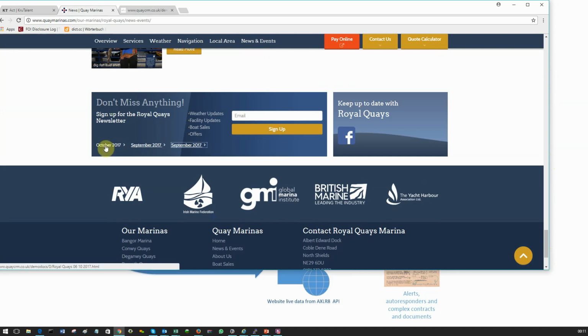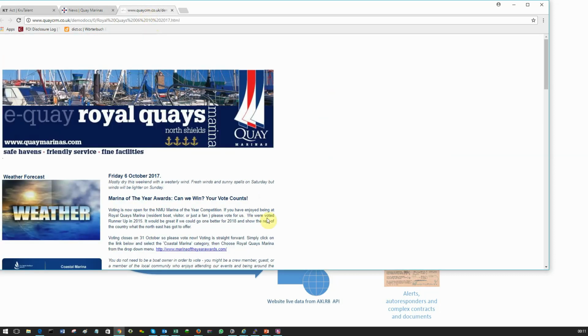So Element 78, the web design agency, are able to completely style this, but we just give them a line of code to put in, and at the end of it they must have put 3 because they've got the last 3 newsletters. At the time of speaking, if they had put in a 4, they'd probably get the last one in August. If I look at this October one here and click on that, that comes up